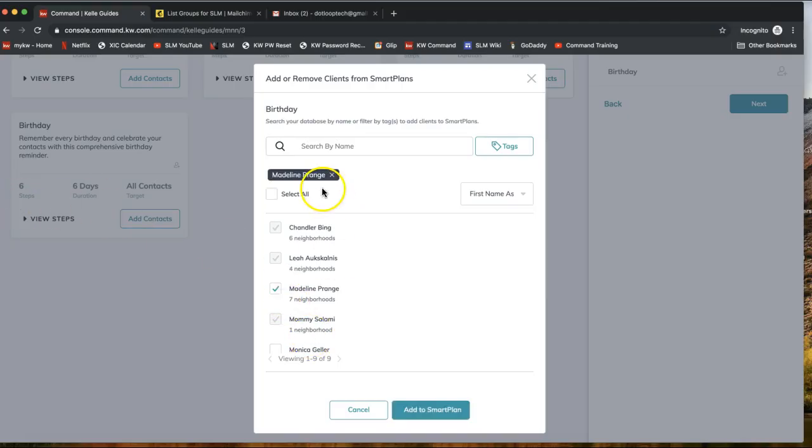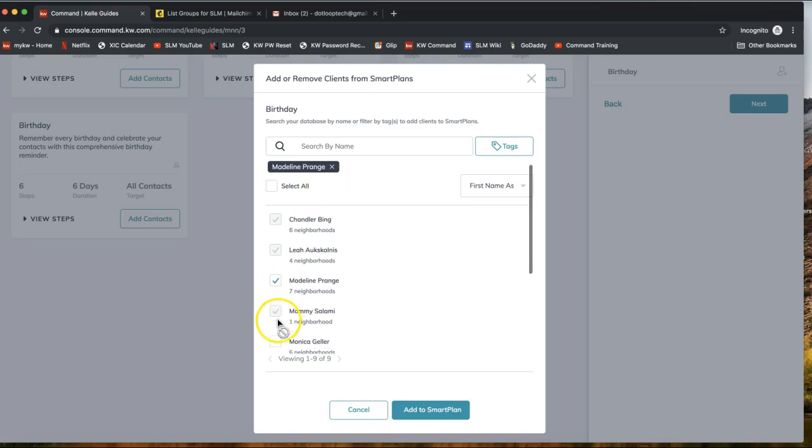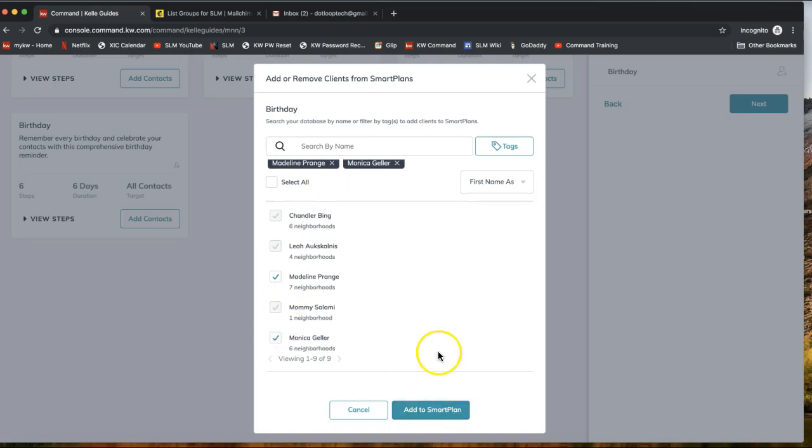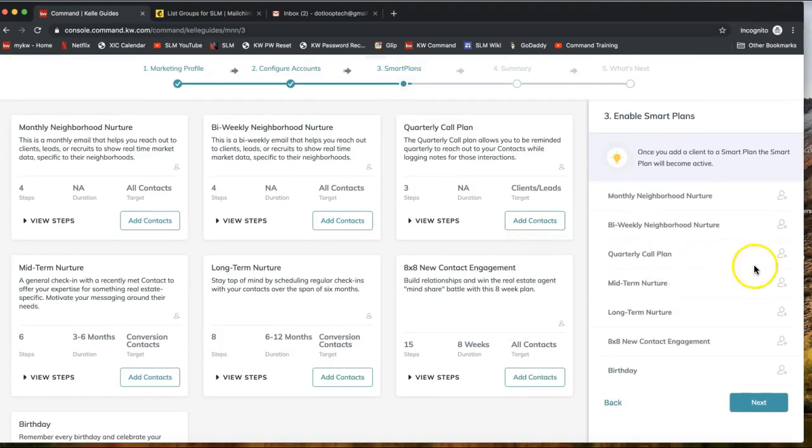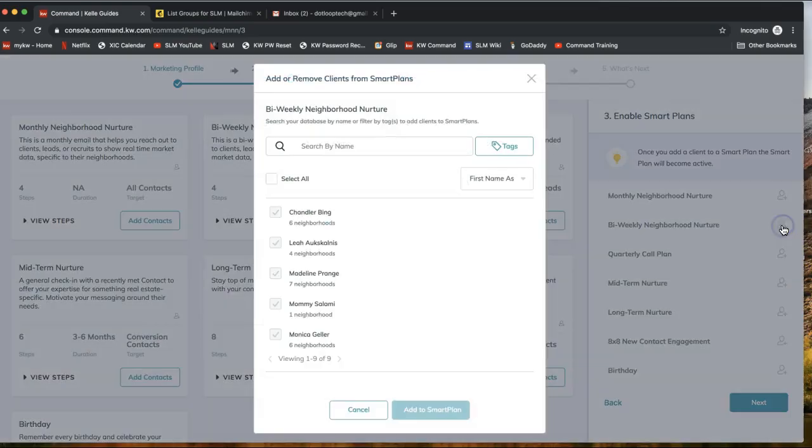So I can click the checkbox next to any contacts I want to add in and click Add to Smart Plan. Okay, same concept there. All right. So just a heads up, there is the option to add contacts on the right-hand side as well. It does the same exact concept, but it's just kind of a different view, a list view instead